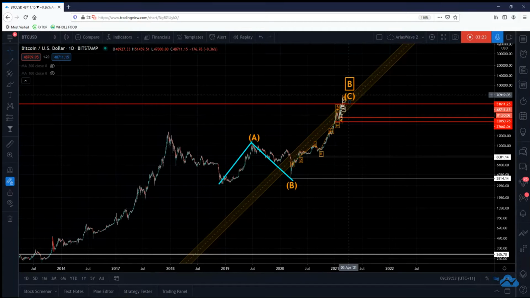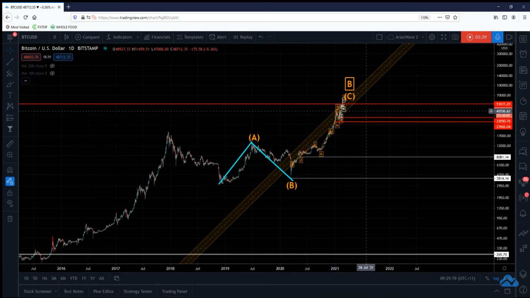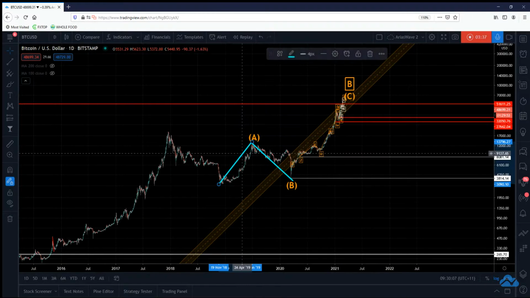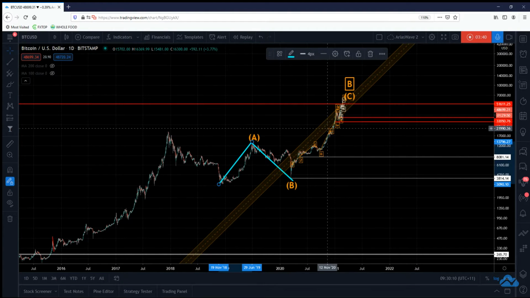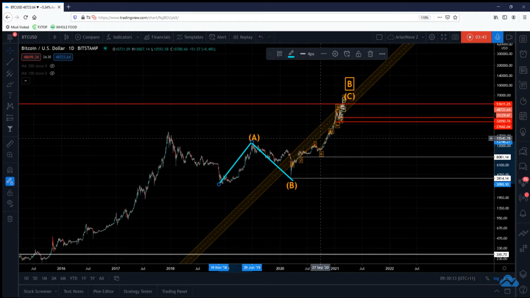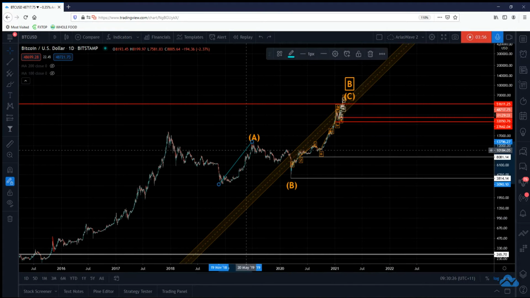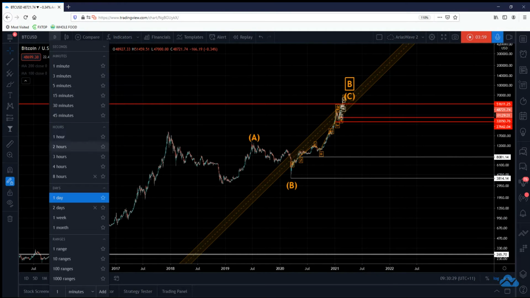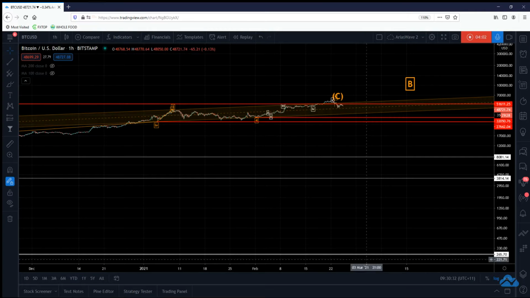For this C wave to get any longer than this would be definitely strange. It should not be even this long, right? That's why I called it earlier, and that's because it was already getting too long. If you're comparing the length of wave A here, it's already too long. But what can you do? This is just the way these bubbles form. So regardless of all that, it's just the way it is. I'm just trying to track it because I like tracking waves. That's what I do. Not always easy in these markets at the moment.